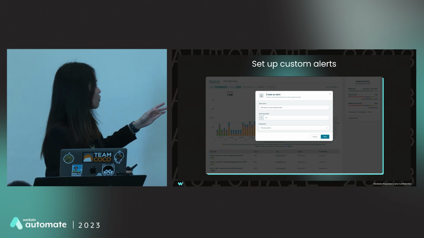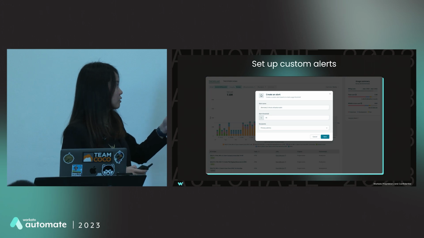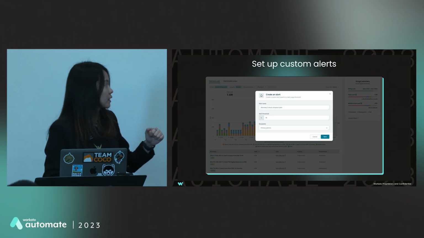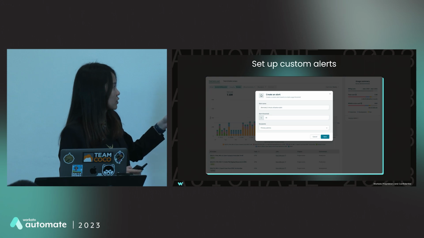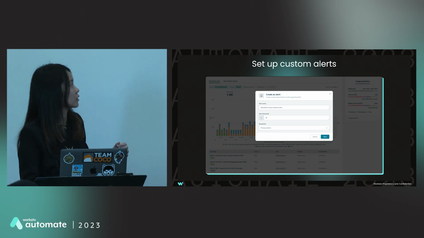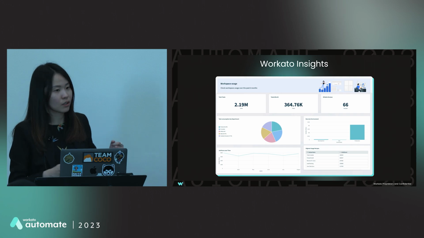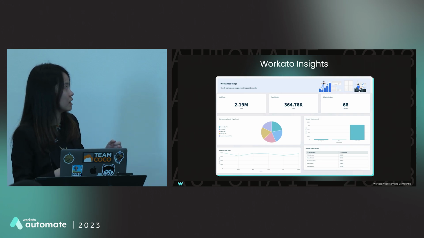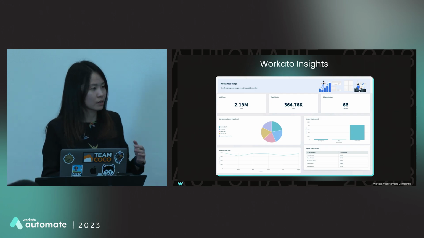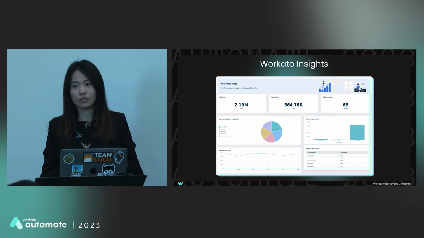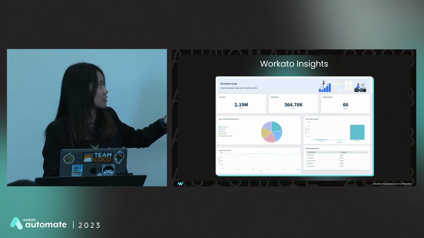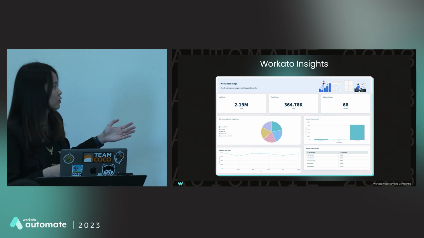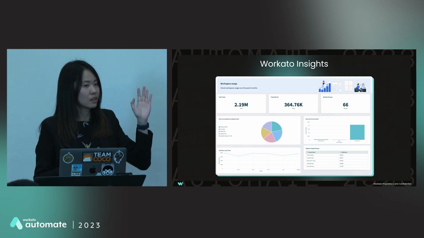Yep, again, with alerts, I think you saw the default alerts we wanted to send out just now. We also want to introduce the idea of setting up custom alerts, so you can set different thresholds based on different saved searches and create alerts based on that. I think you all saw Workato Insights today at the keynote. So Workato Insights also includes the ability to use usage data and to create custom dashboards. So what you see on screen here is an example of just a usage dashboard in general. You can also cross that with other insights data